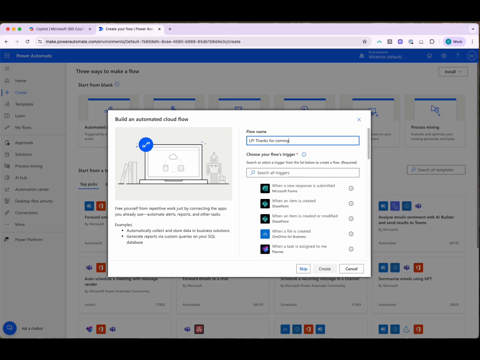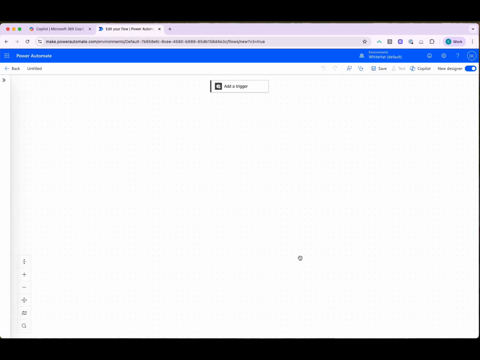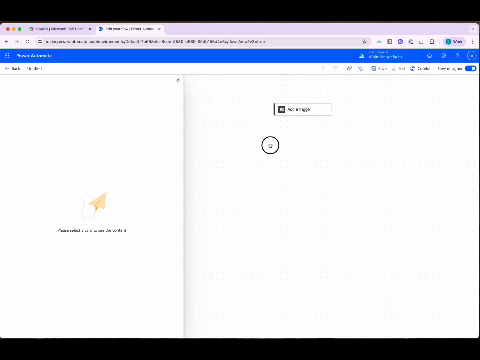Thanks for coming. Now you see it's got a trigger. A trigger is the start of your wish, like, whenever I get this, I wish it would. So all we're going to do for now is skip this and use the basic form to kick us off. Not a Microsoft form, just a basic form. So press add trigger